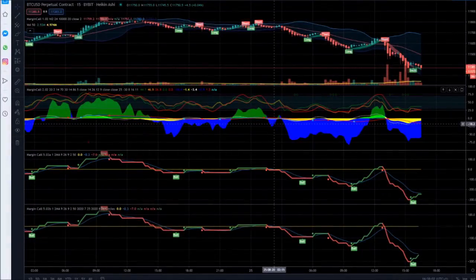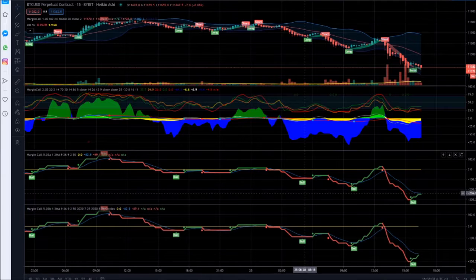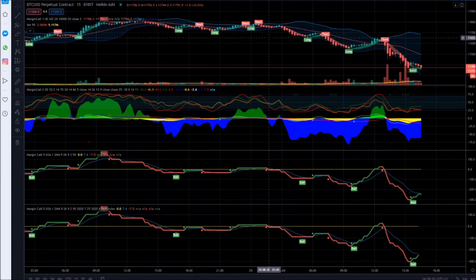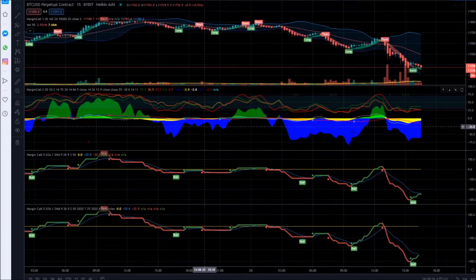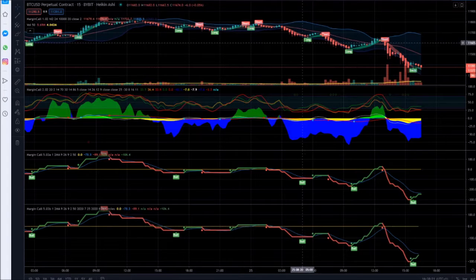Okay guys, this is going to be a quick tutorial on MC5, Margin Call 5A and B. If you used to have Profit Sniper, you would now have Margin Call 1 and Margin Call 2. If you want to just use the ribbons for seeing what's going on and when you should be getting